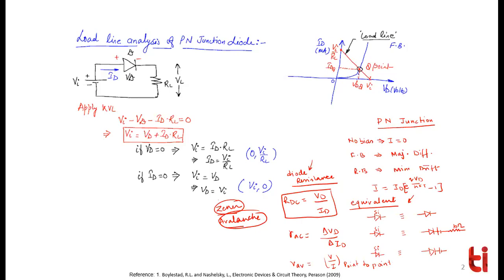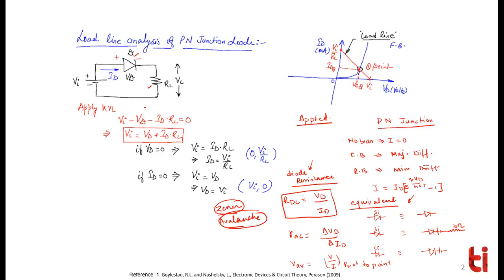Now come to the applied part. Whatever knowledge we have gained till now, how should we apply it whenever we are solving a circuit? Let's say we start with a very, very simple circuit in which we have a battery, one diode, and one resistance. Resistance to limit the current, diode because we are studying it, and battery because without a battery a circuit has no meaning. Okay. So let's start with this.